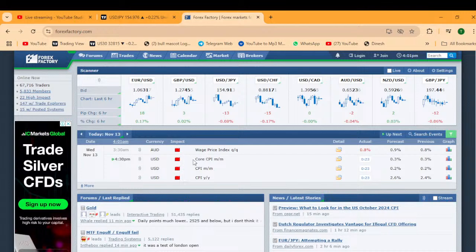Okay, let's wait and see 1 minute from now. It's like 20 seconds to go. So look close on your Forex Factory because you have to look and see what the fundamentals had to say. 4 seconds to go. So let's wait and see the data.